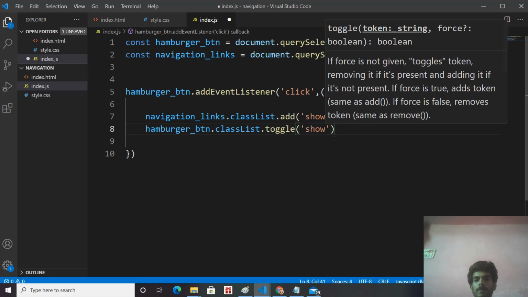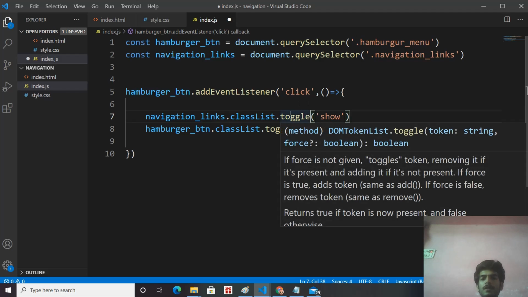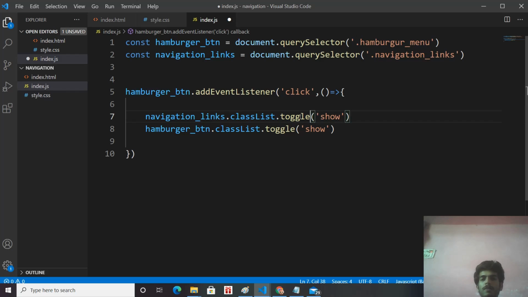So we are adding show class to the hamburger menu. Instead of add, we can use toggle. So what is toggle and what is the difference? Toggle means when our show class is not there, it is going to add the show class, but when the show class is there, then it is going to remove the show class. This is how toggle works.